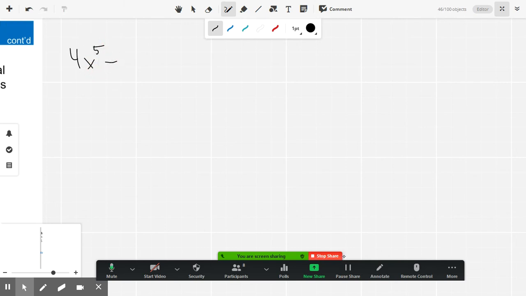So what we have is 4x to the 5th minus 8x to the 4th minus 5x to the third plus 10x squared plus x minus 2. The first thing we want to come up with are the possible